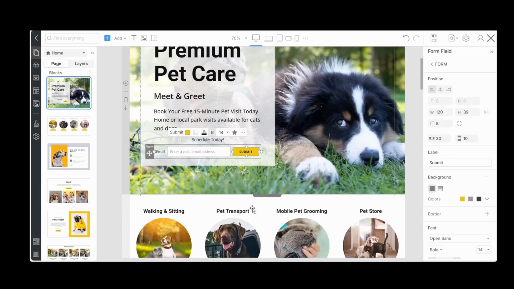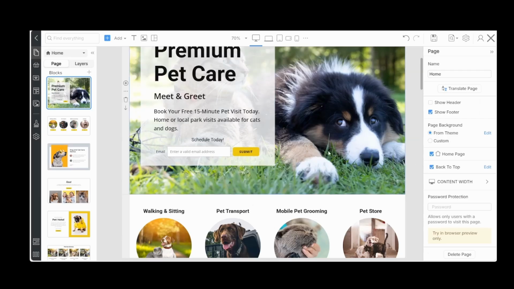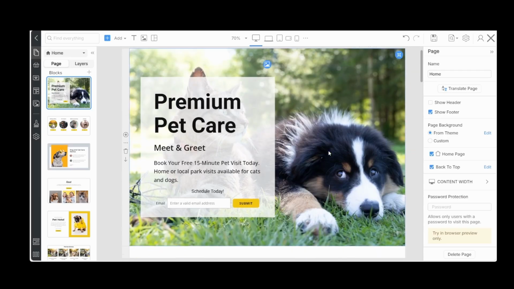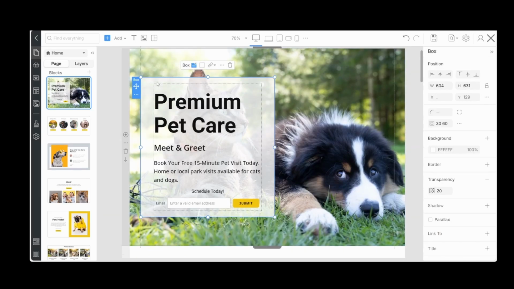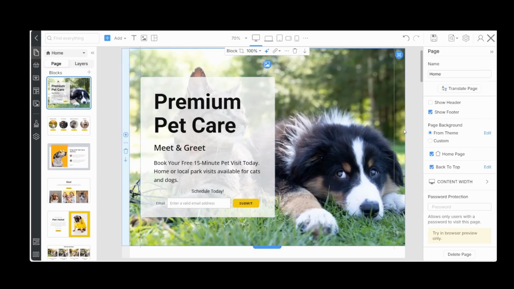That looks pretty good. That looks nice. And for the box, let's soften it up a bit and give it an 8. I like that much better. Let's save.